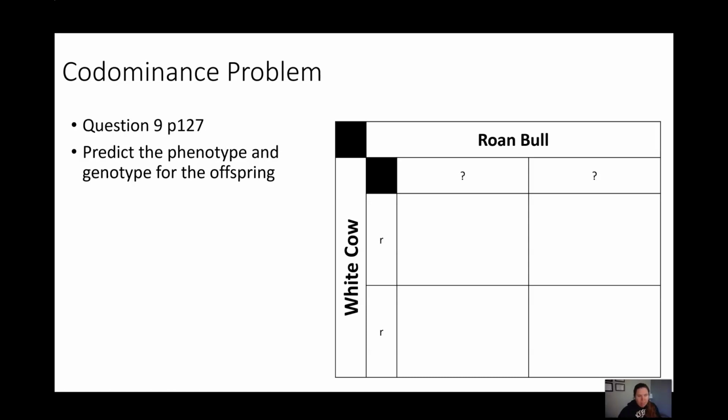And the problem ultimately is asking you to predict the phenotype and the genotype for each of these offspring, or what are the possibilities, right? What percent will have this color fur and so on. So we have a white cow. Remember that white,